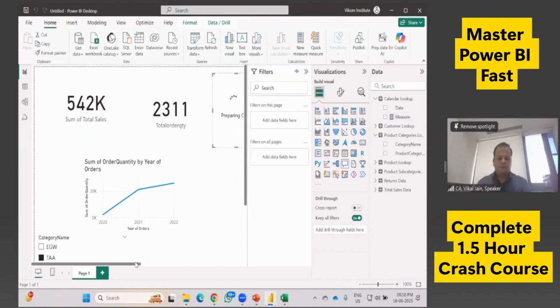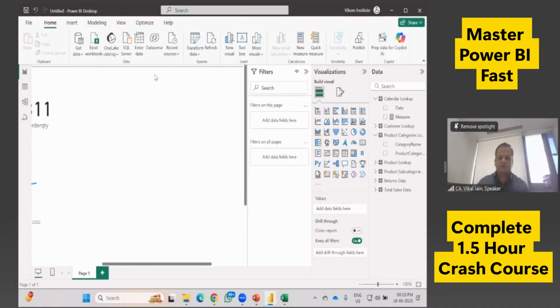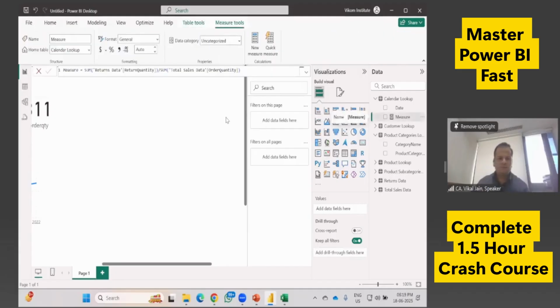And you can see, mistakenly I have clicked on this question bank. So now you can see the measures. We need to rename this return percentage. So we can create any number of measures here, and we can find out the measures from here, and even